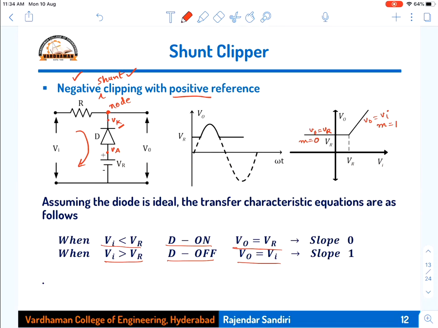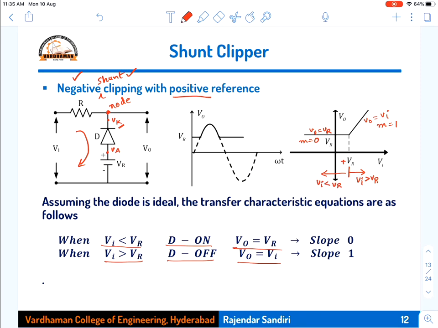So when you are having reference voltages, the reference value we have to take on the x-axis, because in the input I am comparing that with the reference voltage. So Vi greater than Vr, in this case the reference voltage is positive, right? Now there are two segments. One is Vi greater than Vr, this side, and the other side is Vi less than Vr. Two portions of the waveform you will get.